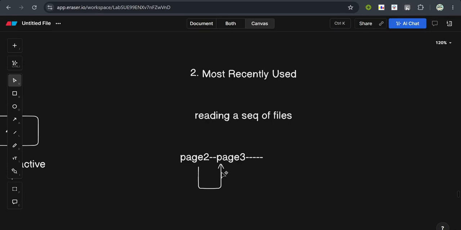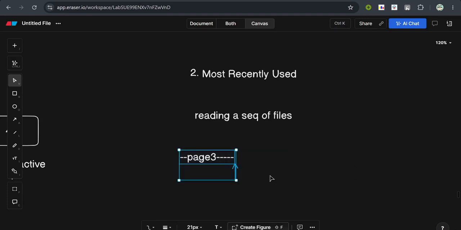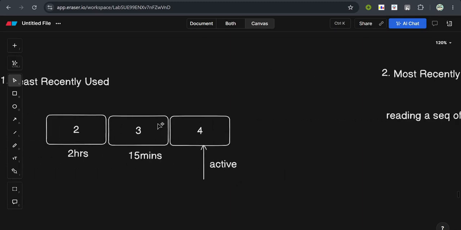So according to this strategy, as we can see, the most recently used data got deleted from cache. Similarly, if the user is currently on page 3, then there is a very low chance that the user will return to page 2 from page 3. Therefore, page 2 is then deleted from the cache memory, and so on. So this is the second strategy, where the most recently used data gets deleted from cache.